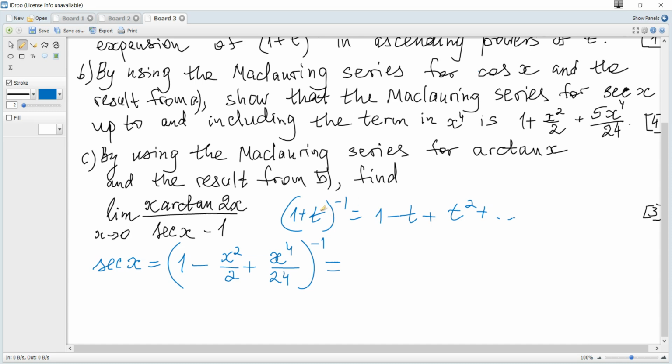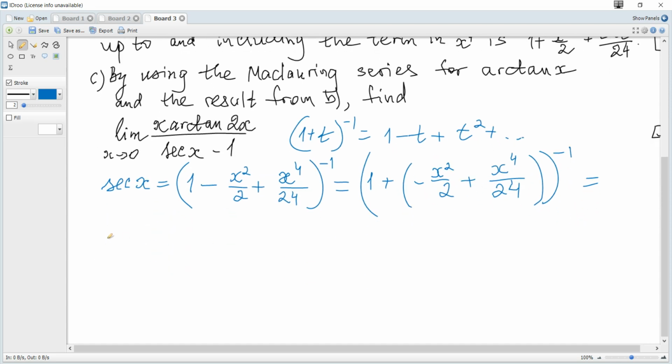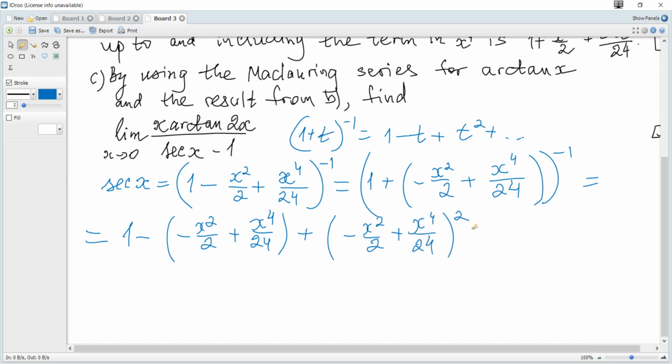But to apply this formula we need it to be in the form 1 plus something, so we'll write it as (1 + (-x squared over 2 + x to the power of 4 over 24)) to the power of -1, and we just apply this formula, substituting this for t. So it becomes 1 minus (-x squared over 2 + x to the power of 4 over 24) plus t squared, so plus this squared, and so on, which is equal to 1 + x squared over 2 - x to the power 4 over 24